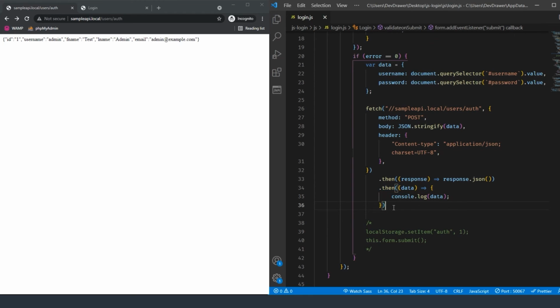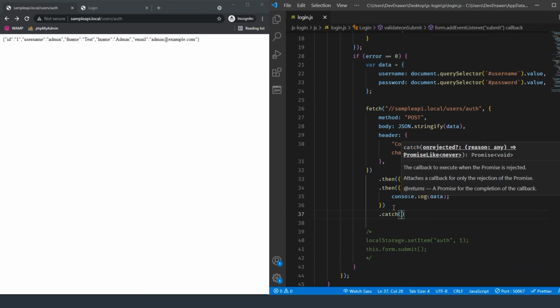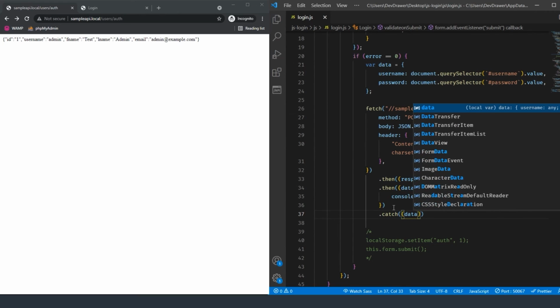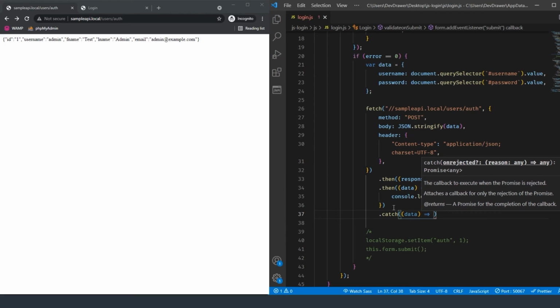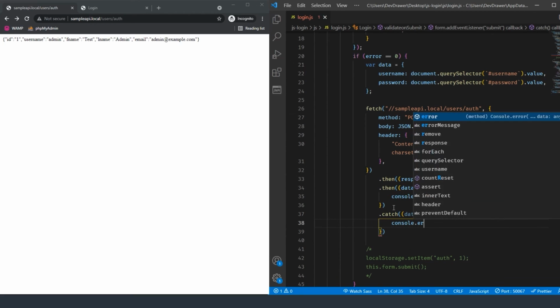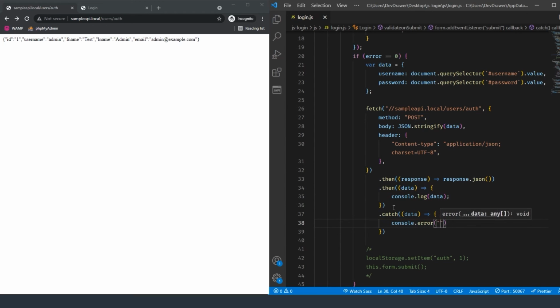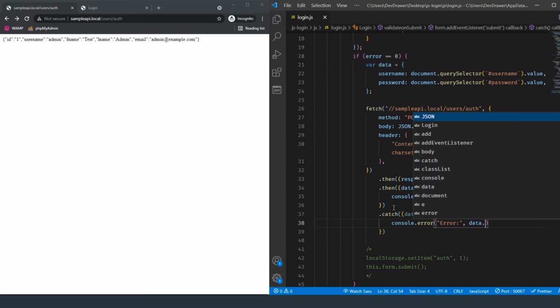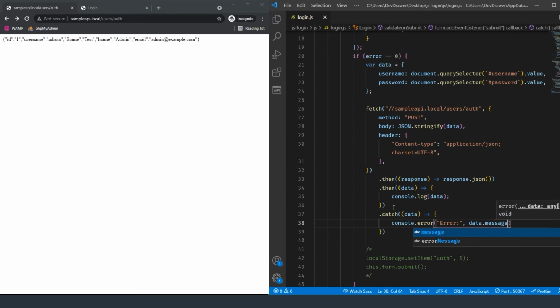Finally, let's do a catch. So we're going to do catch, and if it's not successful, we want it to pass the reason why it's not successful. So we're going to do console.error,